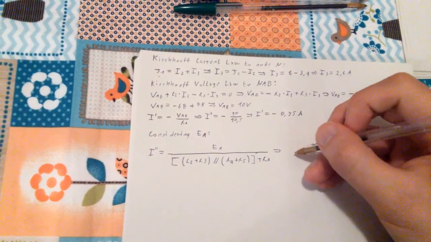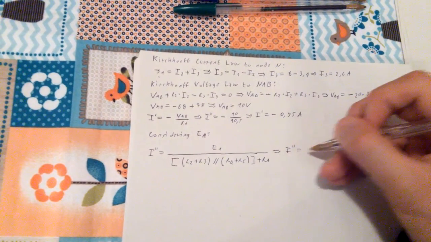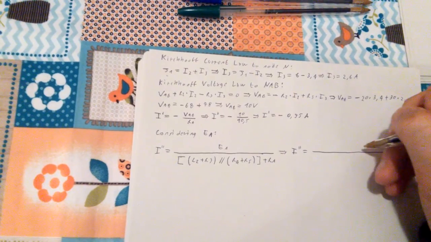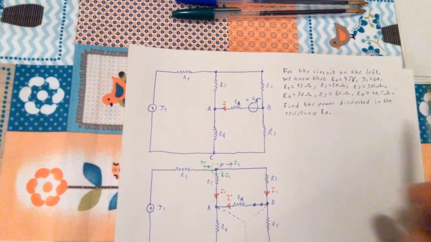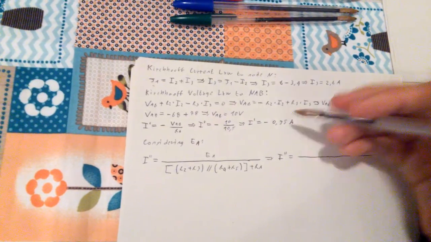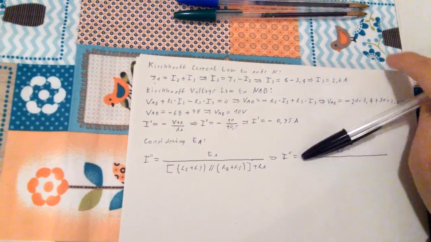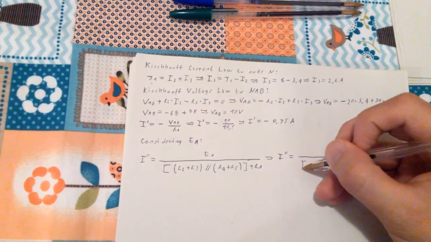So again, if I plug numbers back into this, I will get EA, which is 75 volts, quite big, over